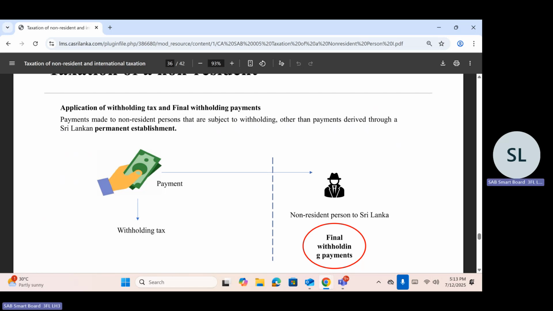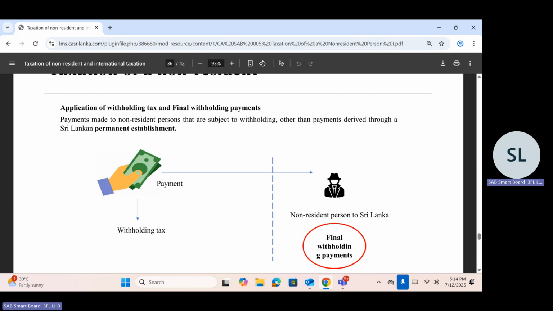Right? If they don't have a fixed business location in Sri Lanka, just like this: a person provides a service to Sri Lanka. Say a company, ABC Limited, obtains a service from another person outside Sri Lanka, a non-resident person. They are making a payment. When the payment is made, they are required to deduct WHT, at whatever rate. Once they deduct, that is final withholding. But